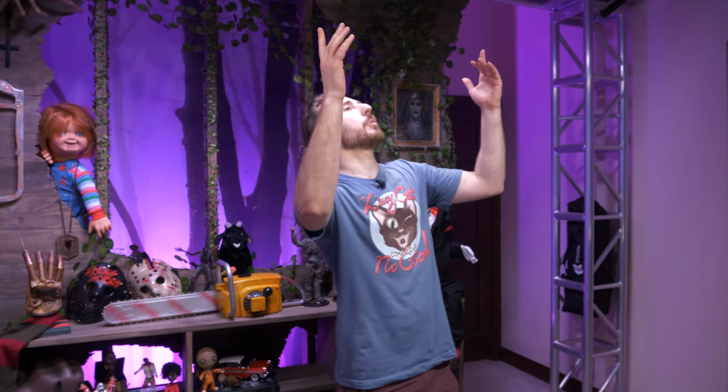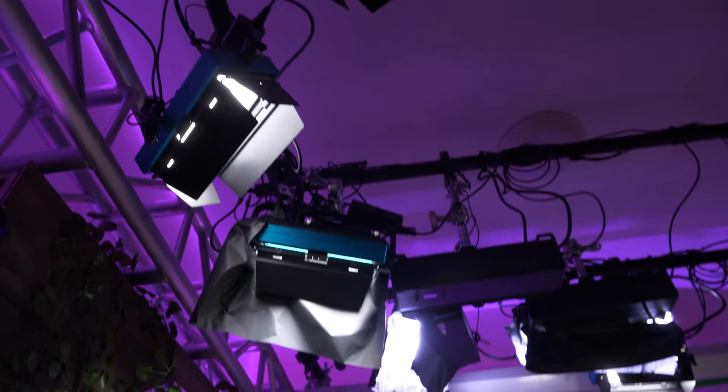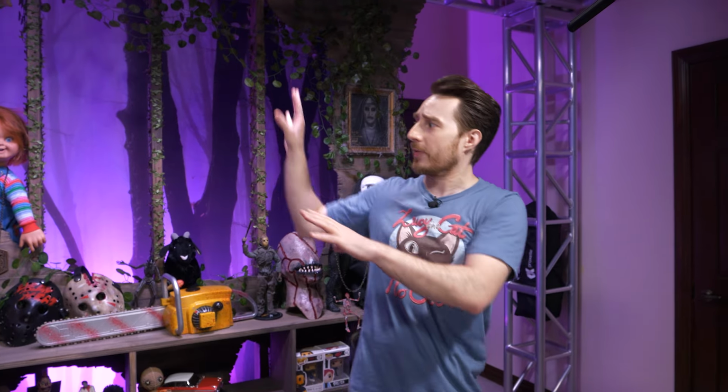Now, if you look up, you can see that this is an entire rig. This is mind-blowing to me that this is in my home. This is a professional set. And again, GoButton came in here and they erected all this stuff and built it in 3 days. They came back later for a single 4th day to install that iPad and the system, because here's the other cool thing about this system is that, say for instance, they make a new little movie. What I can do is